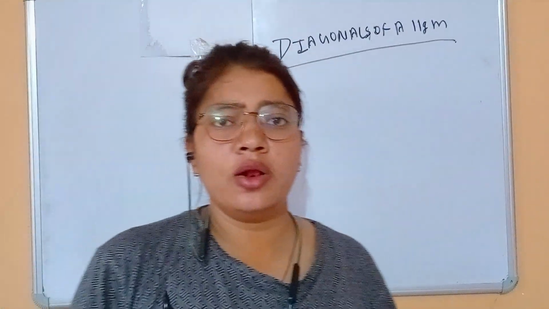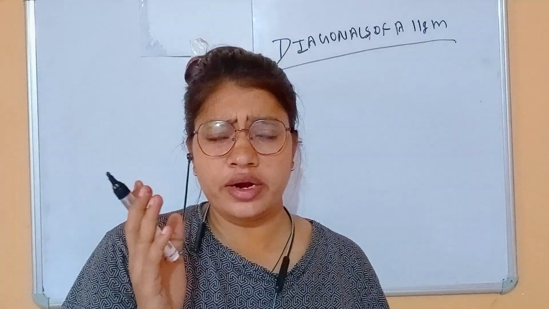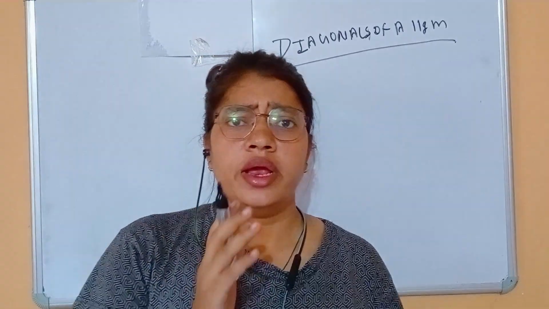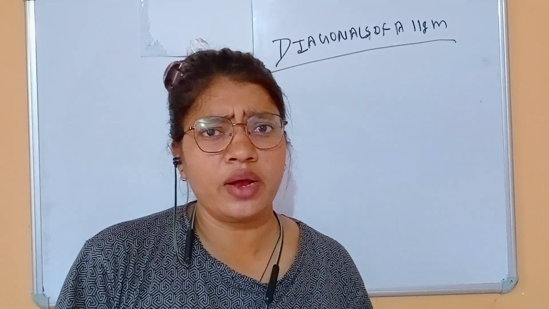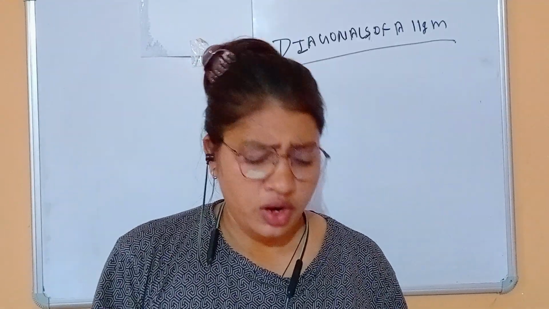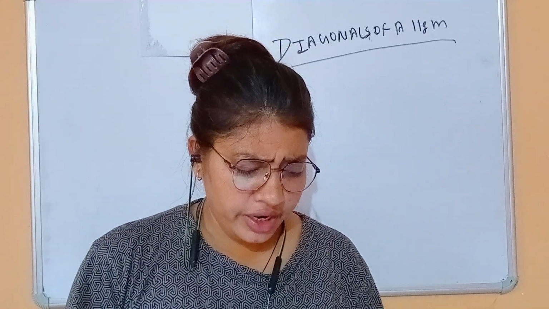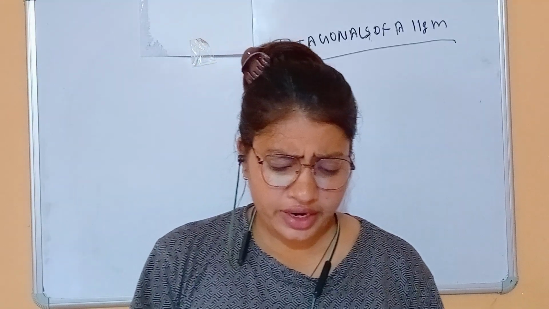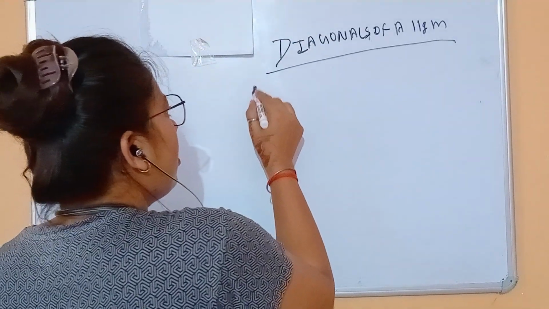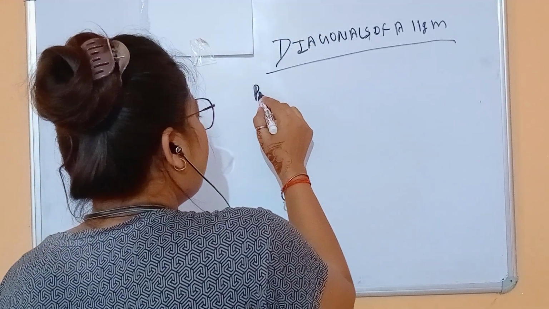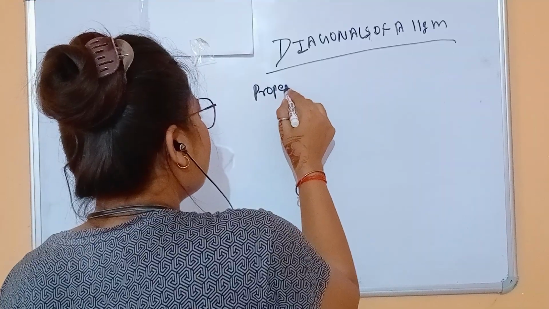We know that in a parallelogram diagonals are not equal. In a rectangle we can say that diagonals are equal, but in a parallelogram not equal. So did you check this in your earlier activity? However, diagonals of a parallelogram have an interesting property. So here write property of diagonals of a parallelogram. So the property says